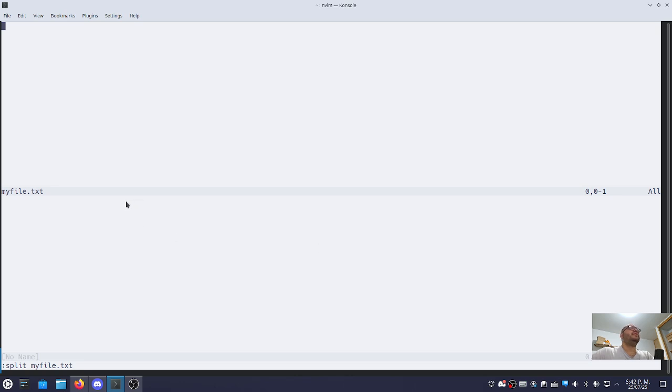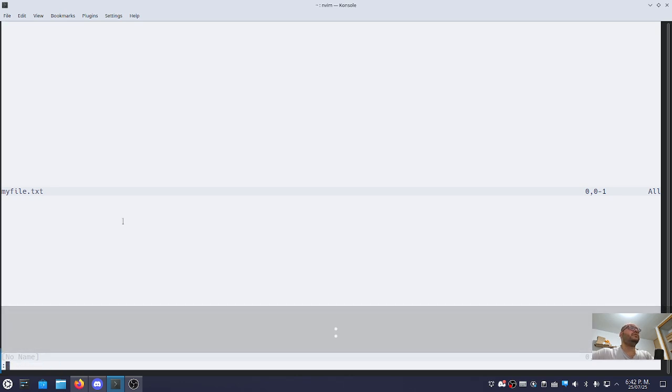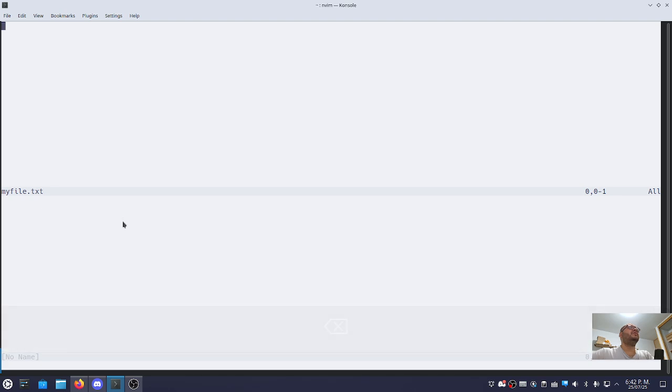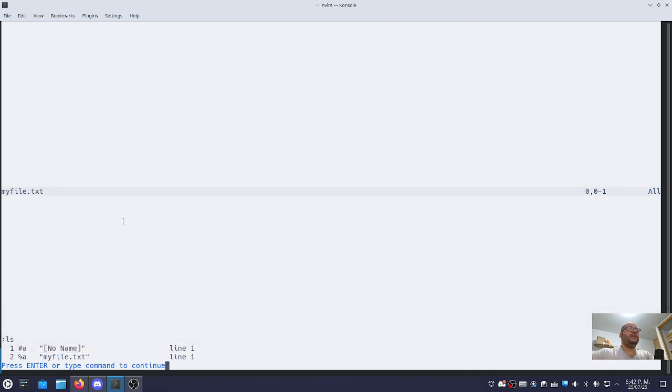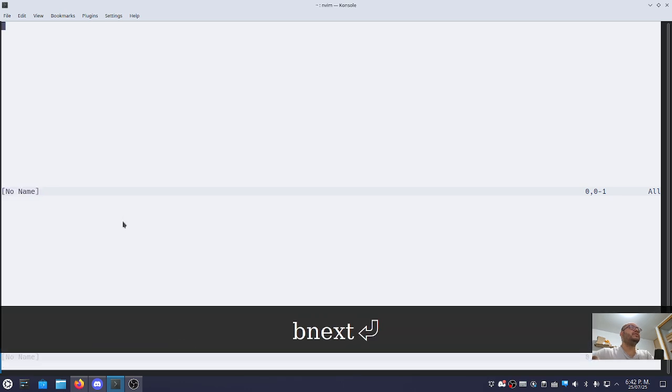You can see that now I have a file below. And if I do :ls, it will say that I have a new one that has no name, and the second one says my file.txt. So if I go to number 2, so I do :bnext,